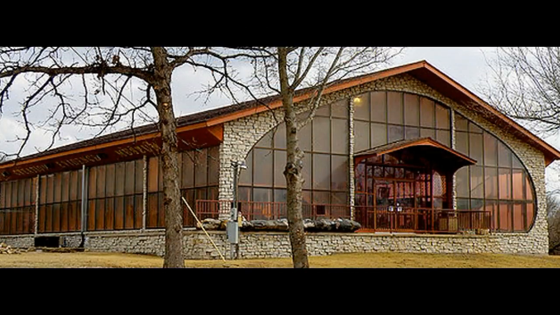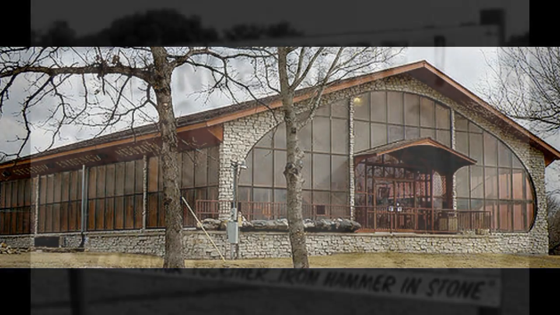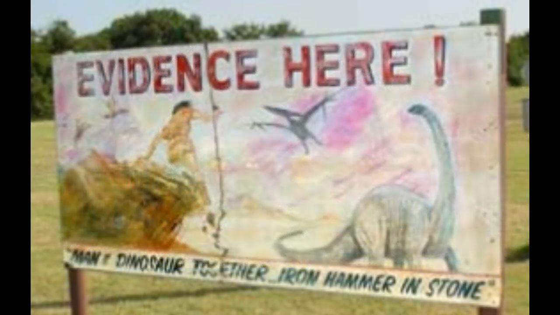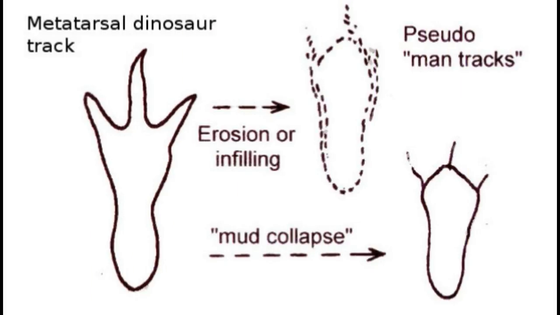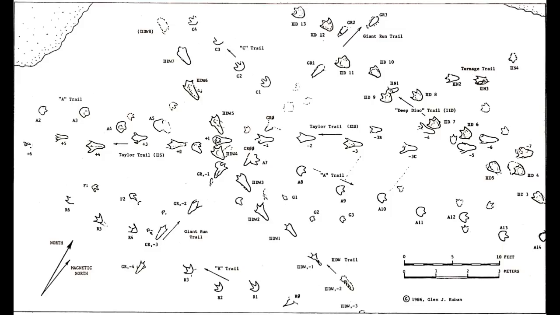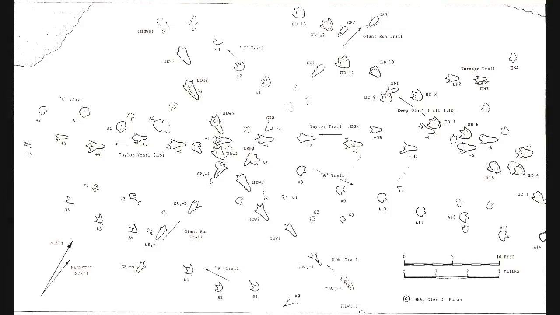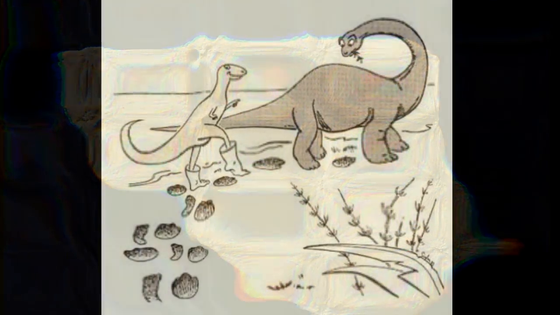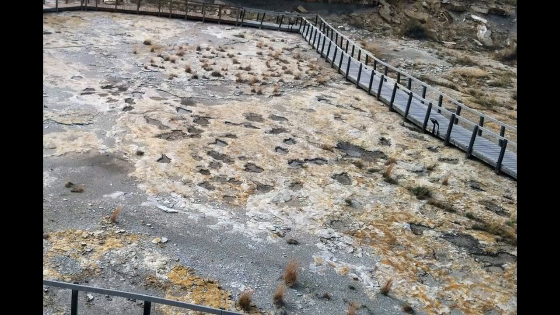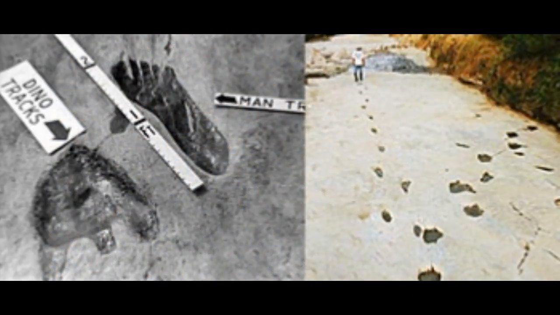At one time it was latched onto firmly by the Creationist Evidence Museum as proof that the Earth is younger than mainstream science may want us to think. The problem comes in that after further studies, it was found that many of the human prints were actually highly eroded prints from the same dinosaur. Also, within this, many of the other human prints found were in fact man-made. As in, they were chiseled into stone. As a bit of interesting information, there has been similar claims made about the prints found in Clayton, New Mexico, so at this point, who knows? What is known is that the ones in Paluxy are misinterpreted or outright fakes.